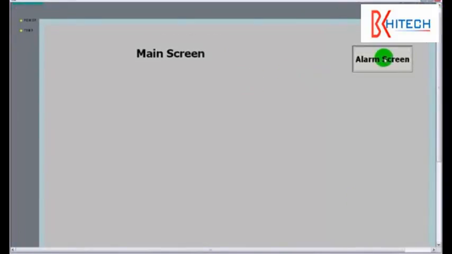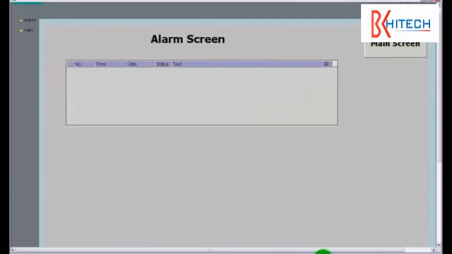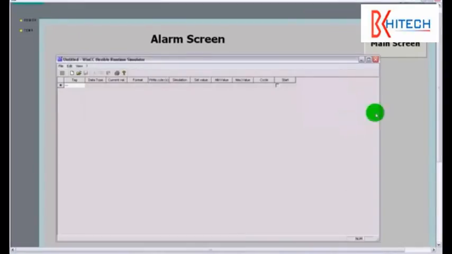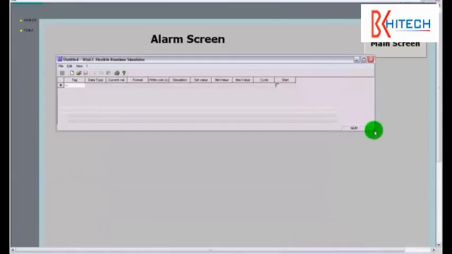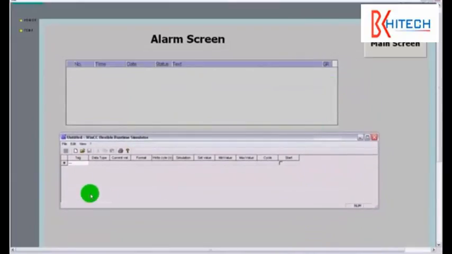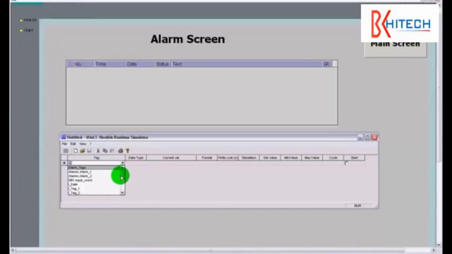Here we've got our main screen. We click the button and that takes us to our alarm screen. We've now also got up the simulator. Now I'm just going to open these up a little bit. What we're going to do is choose our tag first. Okay. Now we know our tag is